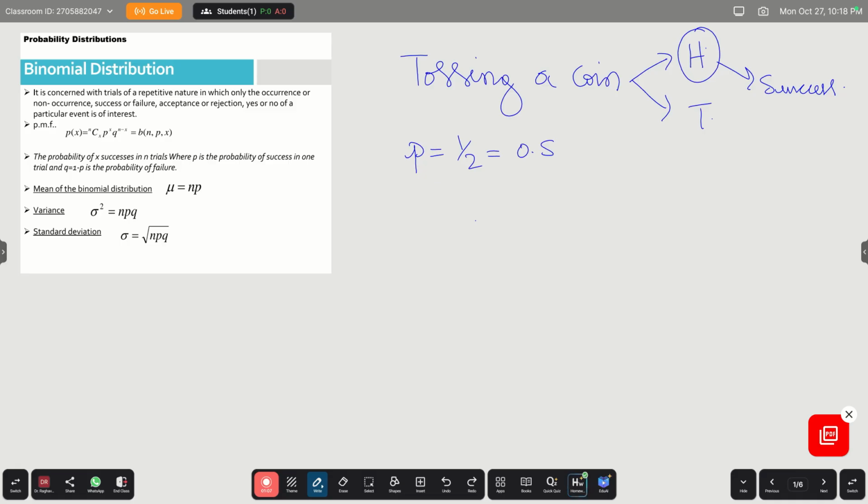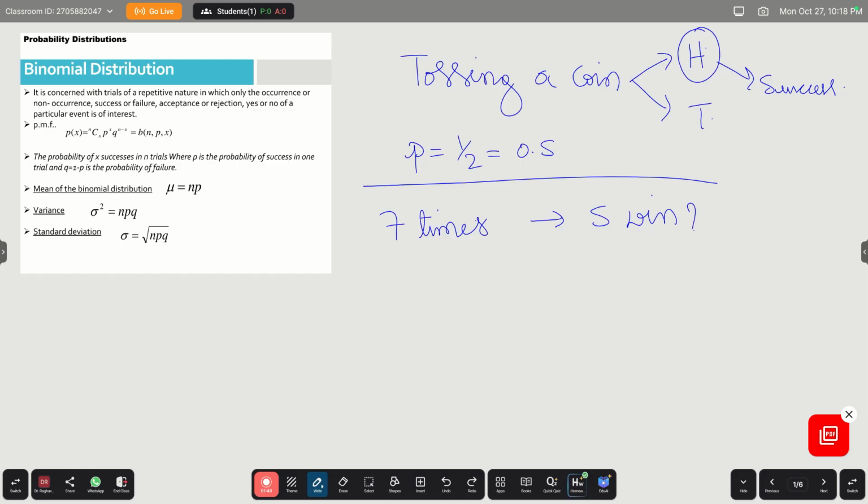Suppose I am interested in something more, like I will not restrict myself to tossing only one time. Suppose I do this experiment repeatedly. Say for example, I want to do the same experiment 7 times, and I have defined that getting head is my success. And I want to calculate the probability that, out of these 7 times, 5 times I will win. So what is the probability that 5 times I will get head? If I am interested in this type of question,